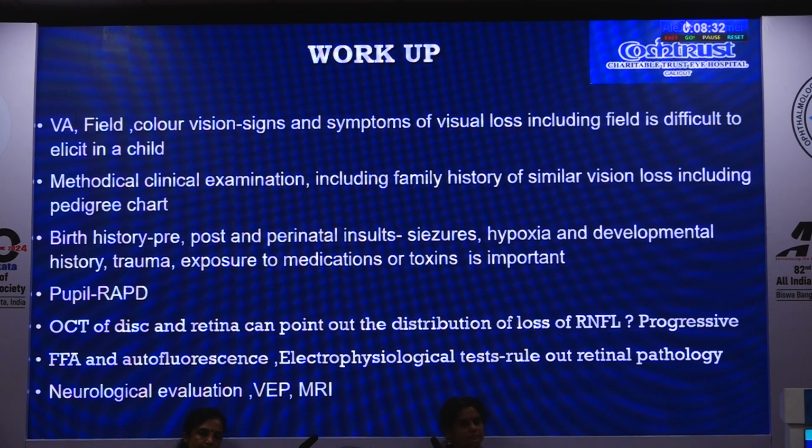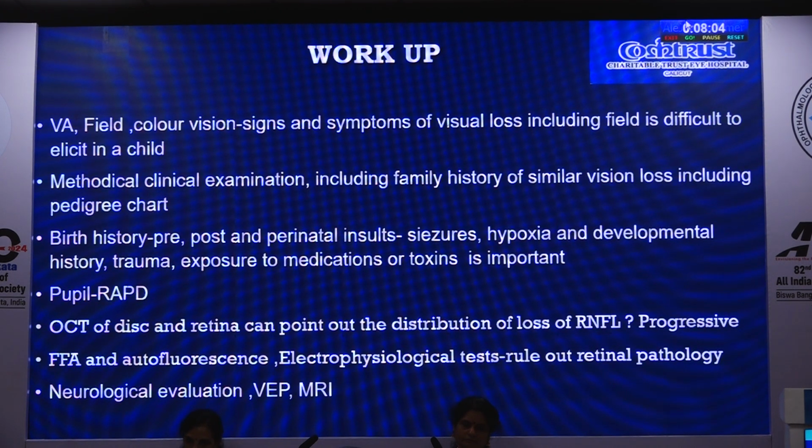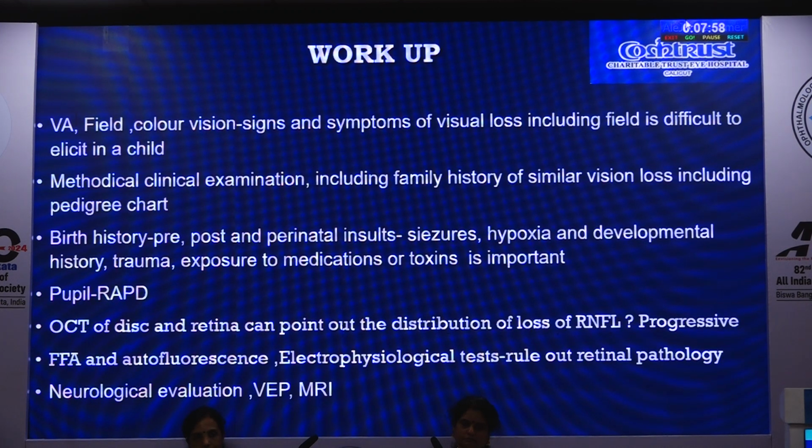So a good workup: visual acuity, field, color vision when possible. Signs and symptoms of visual loss, including field loss, are not easy to elicit in a very young child, so methodical clinical examination is needed, including a family history of similar vision loss with a pedigree chart, birth history, pre, post and perinatal insults, seizures, hypoxia, developmental history, trauma, and exposure to medications or toxins. Examination of the pupil is very important. OCT of the disc and retina can point out the distribution of RNFL loss and whether it is progressive over time. FFA, autofluorescence and electrophysiological tests rule out any retinal pathology,